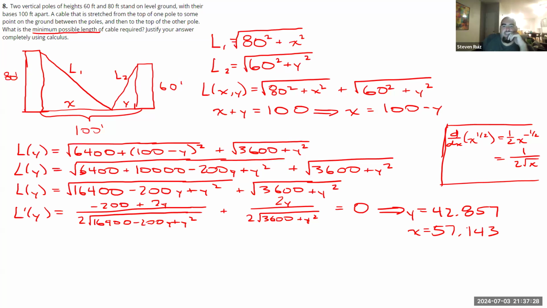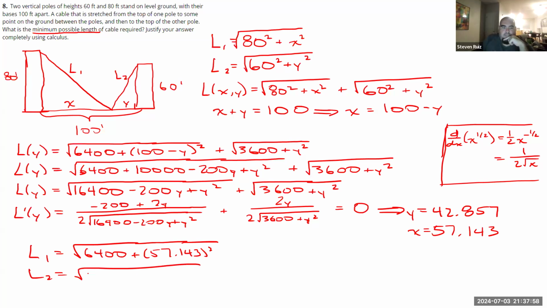So are we done? I don't think that tells us the length of cable. That just tells us that horizontal length there. What we really need to find is those lengths. So we already came up with formulas for those, so let's go ahead and use them. So length 1 is equal to the square root of 6,400 plus 57.143 squared, and length 2 is equal to the square root of 3,600